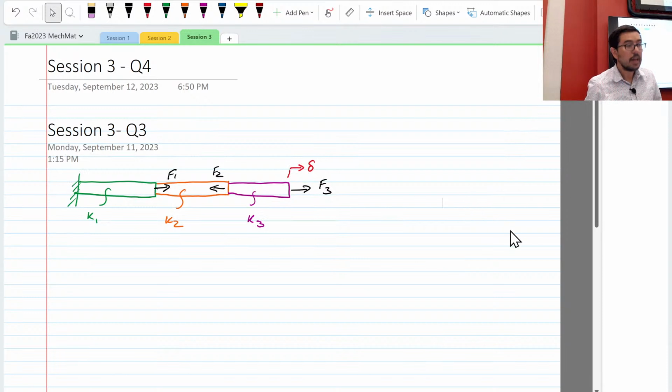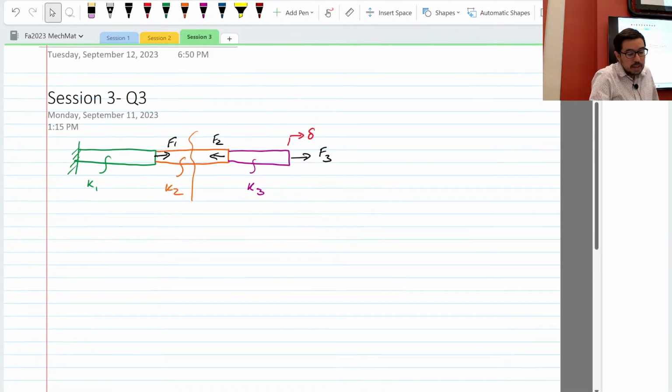How much it stretches is what we're interested in. So in order to do that, we had to take a slice there and figure out what the internal force is. So there are two options. The easier option, I think, is to take the slice